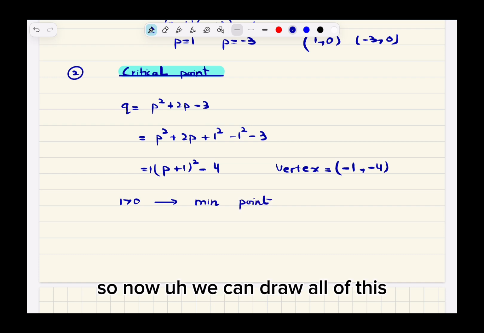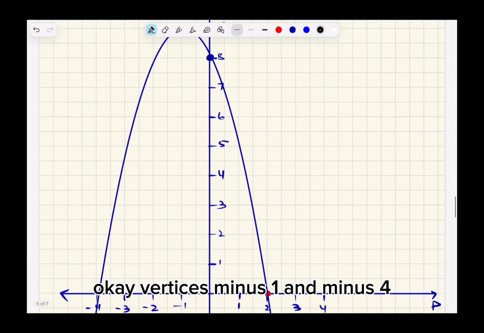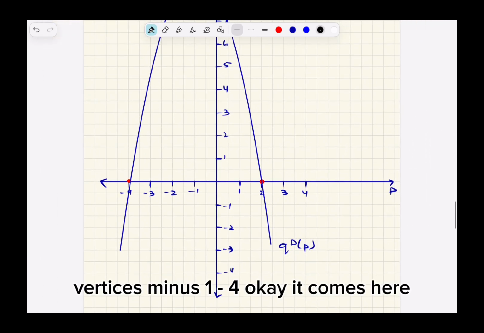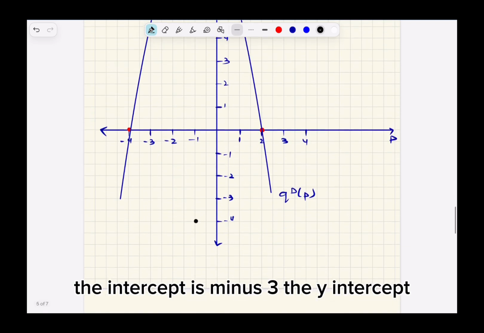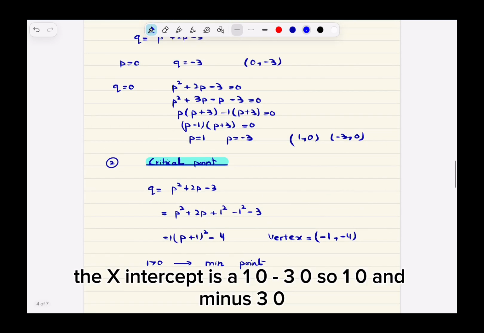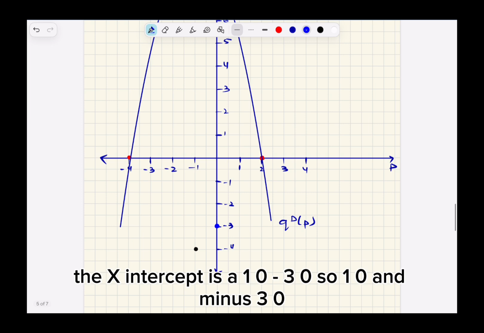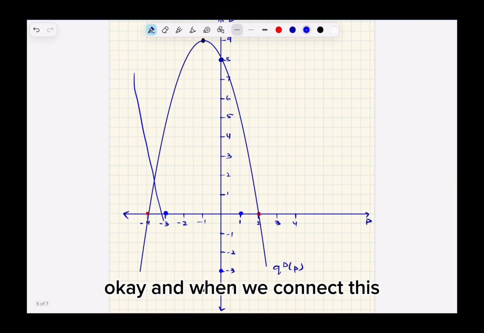So now we can draw all of this. Okay, vertex (-1, -4). It comes here. The y-intercept is minus 3. The x-intercepts are (1, 0) and (-3, 0). Okay, and when we connect this,